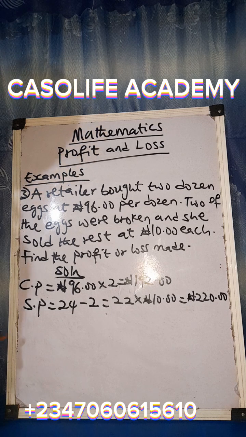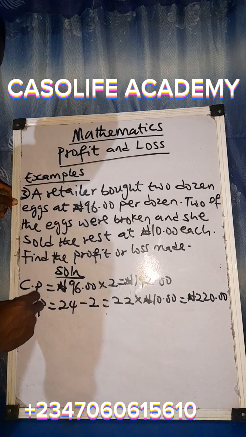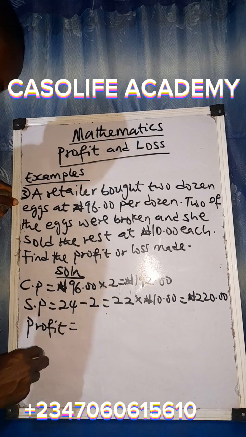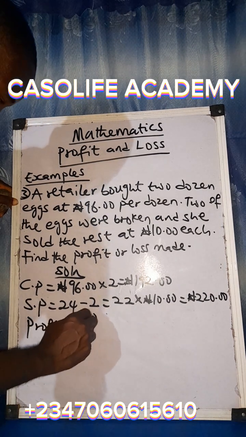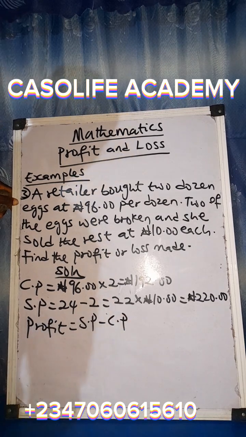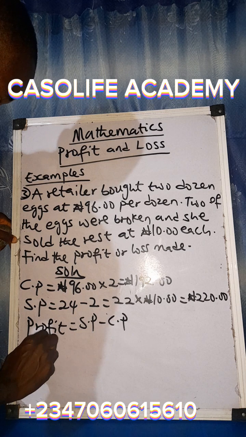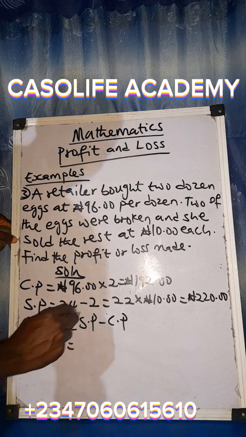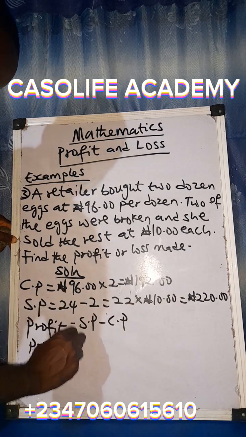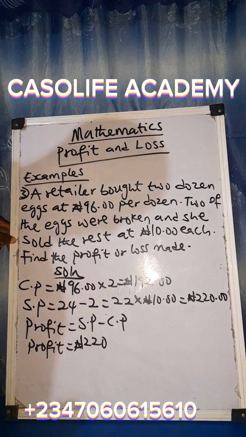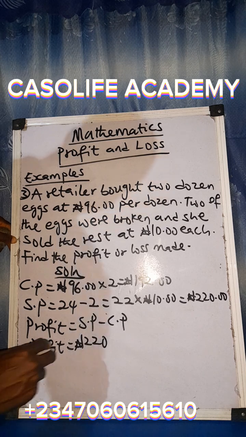From this, we can see that this retailer made what? Profit, because the selling price is greater than the cost price. So we now have that profit or gain is equal to selling price minus cost price, which is the selling price, 220 naira, minus the cost price,